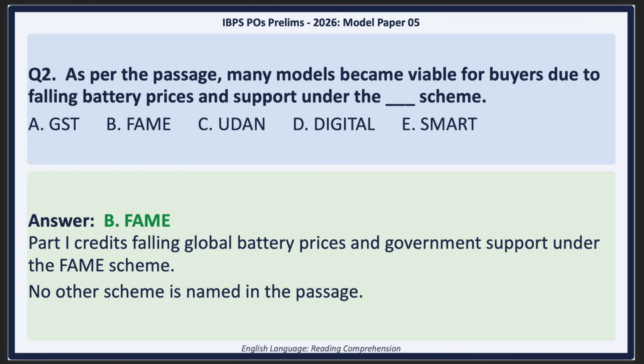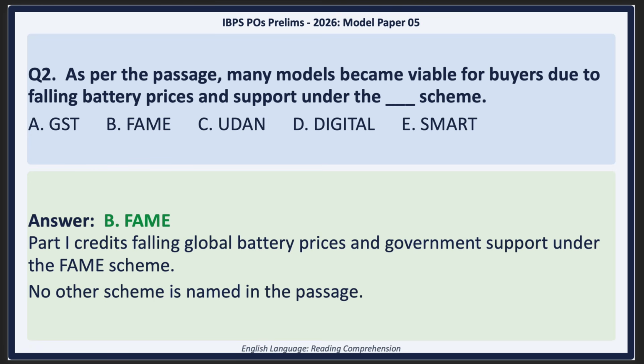And the evaluative concept here is identifying compound causes within a text. Ah, compound causes. Right. The correct choice is B, which identifies falling battery prices and the FAME scheme. The technical rationale is that you have to find the specific dual catalysts mentioned by the author. Yeah, and it's so easy to bring in outside bias there. I might know about other government initiatives, but I have to ignore them. You must turn off your outside bias. The strict rule of these evaluations is absolute textual confinement. That is such a crucial mindset shift. You aren't being asked what's true in the world, you're being asked what's true in the text.